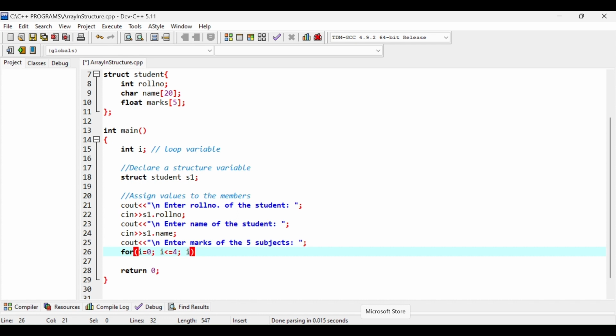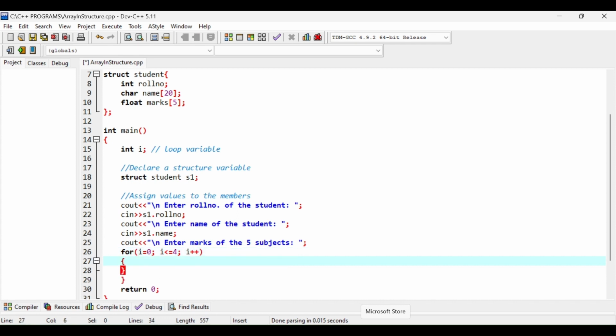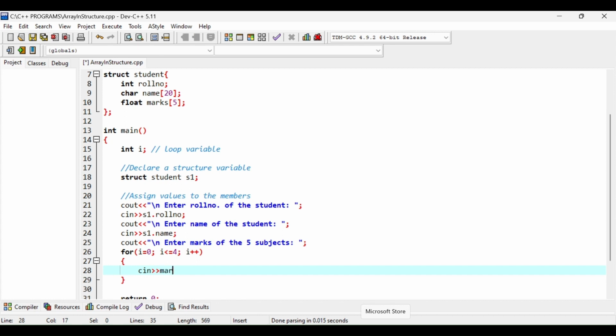All the values lie in between, and i plus plus is for incrementing the index values. Then we can get input by typing cin, and now this is an array, so we need to type the name of the array, and along with it within the square brackets we have to provide the index i, and then semicolon. This is how we can input the values into the array.